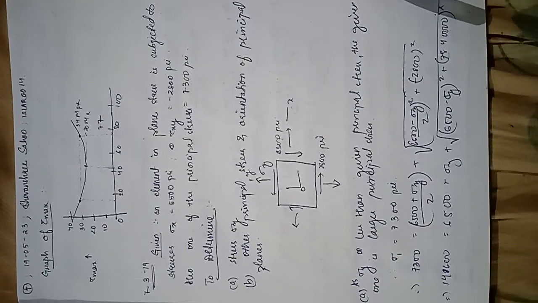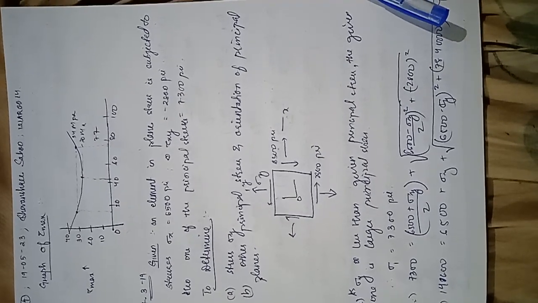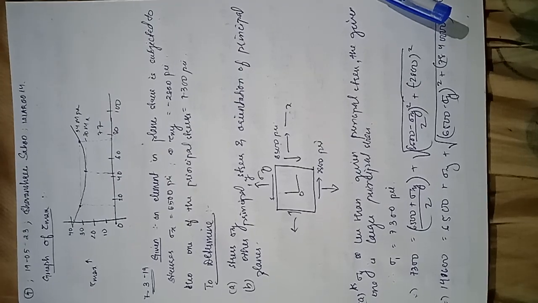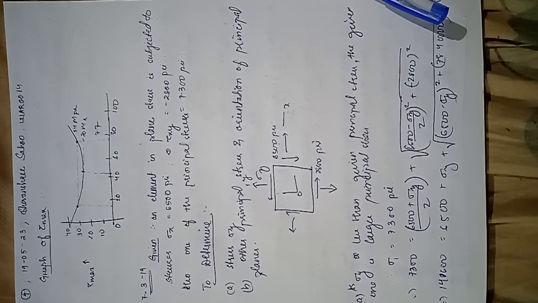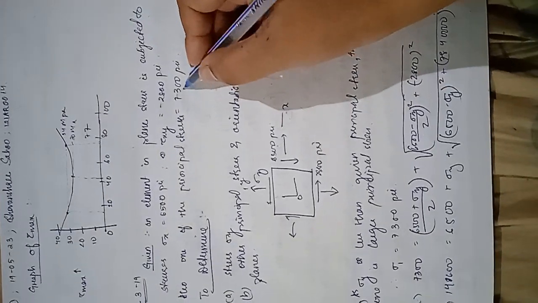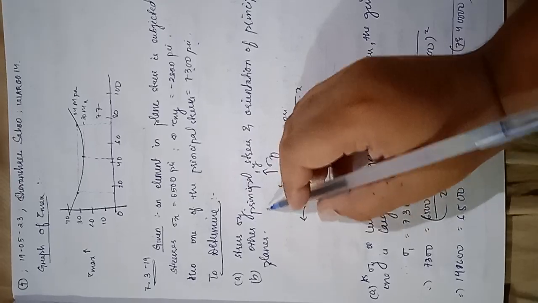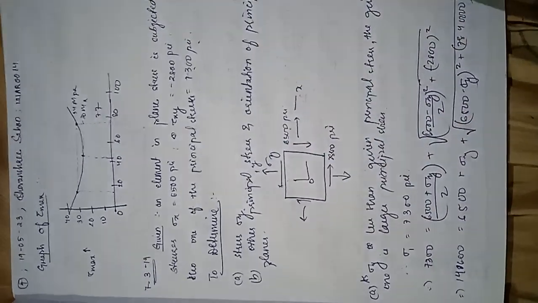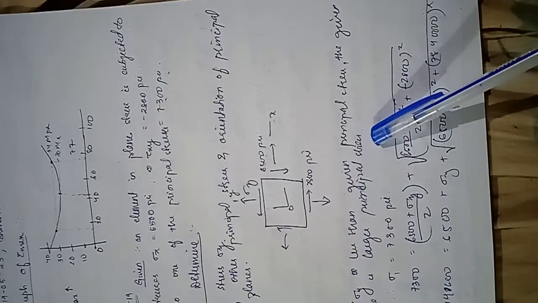Now coming to the second problem, 7.319, given there is an element in plane stress subjected to stresses sigma x is equal to 6500 psi, tau xy is equal to 2800 psi. So one of the principal stresses is 7300 psi. So we have to determine stress sigma y and the other principal stress and the orientation of principal planes. So as sigma y is less than the given principal